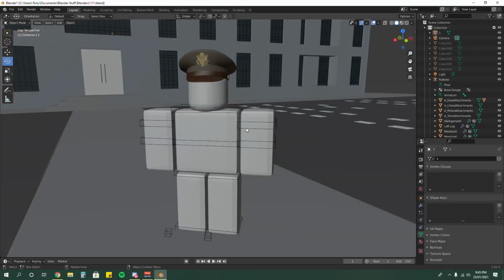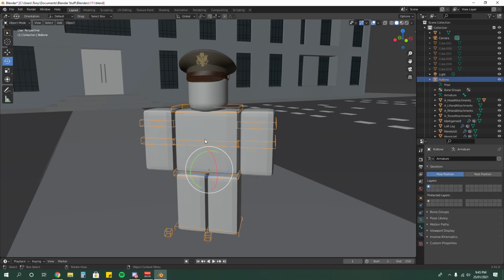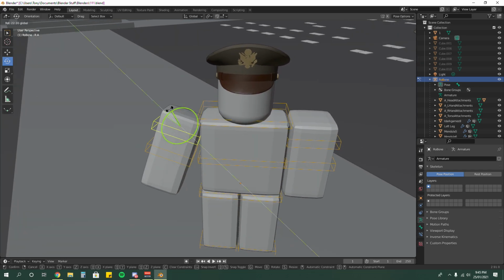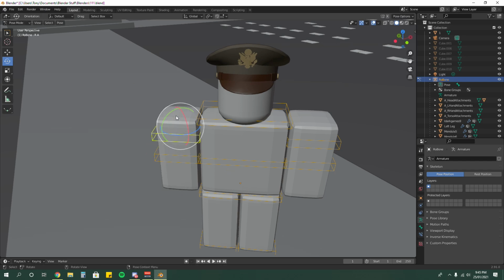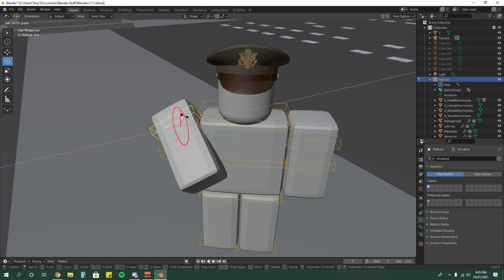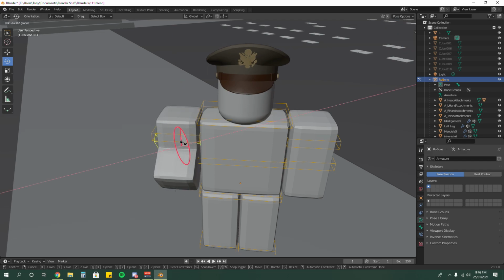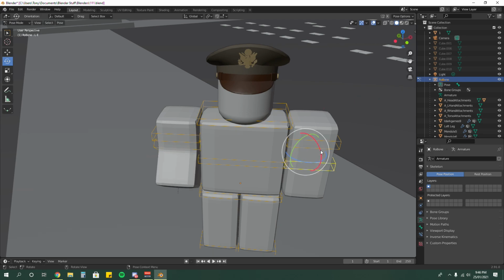What you want to do is click on one of these wireframes. Some of them you won't be able to, so just click any of it. And then you see up here, object mode, you want it to be pose mode. So now you can do it individually like that. And then if we get the rotate thing, boom, and then we can just do it like that. Oh, what's happening? Oh, and like that, and just do whatever you want.